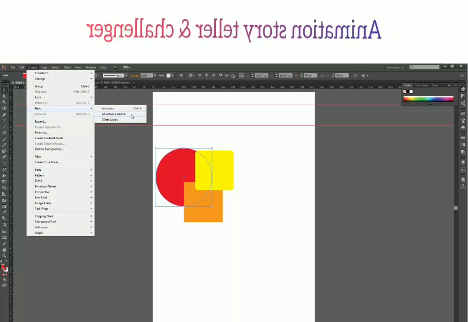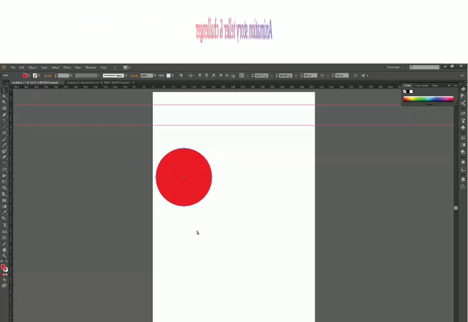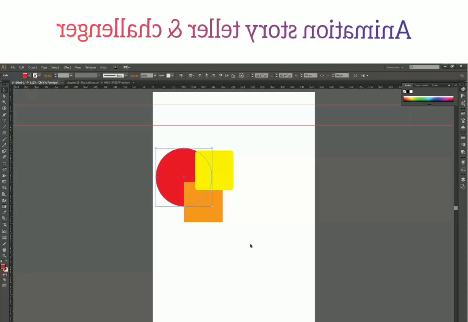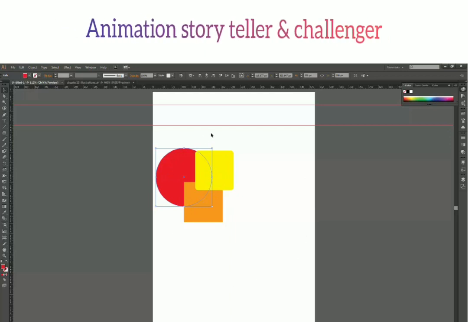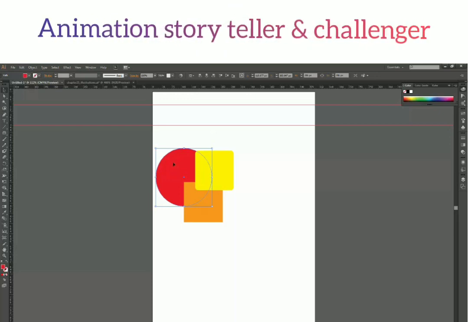As the name says, it will hide all the artwork above it. So it is a good example now, because let's say I am working on something and I have multiple shapes above my shape, and I want to work on this particular shape in detail.